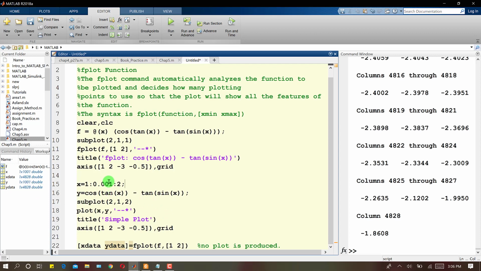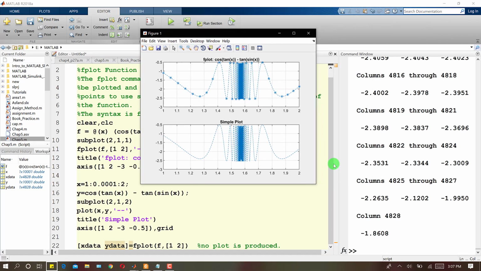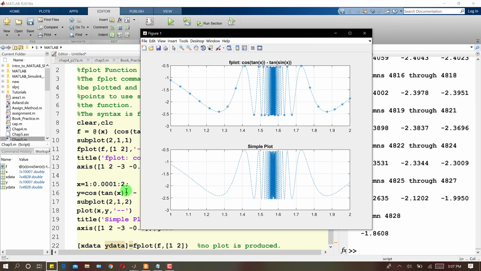So now if I increase this spacing, let's see. If I increase this spacing, and let me remove this data marker, now if I run this, we can see that, while we have increased the spacing up to 4 decimal points, both the graphs are almost the same shape. Here we can see that now the length of x is more than the xdata length. So now we have that shape, but we have more x values than these xdata values.